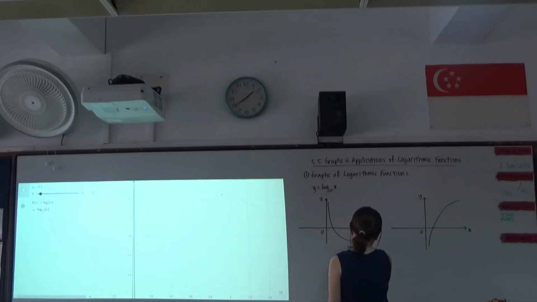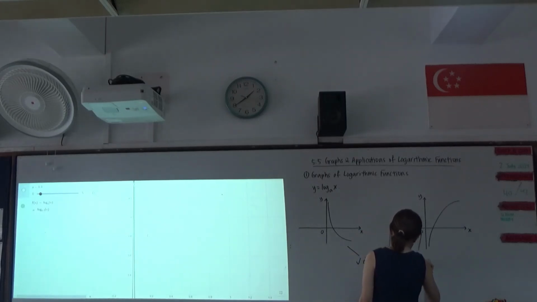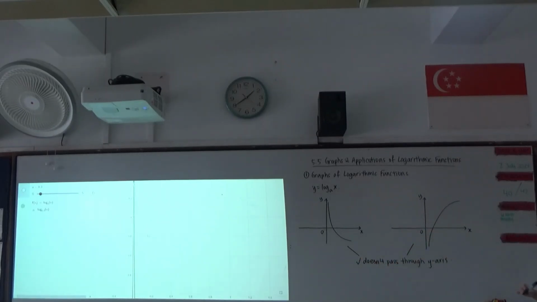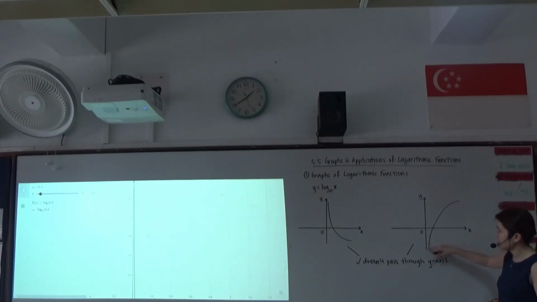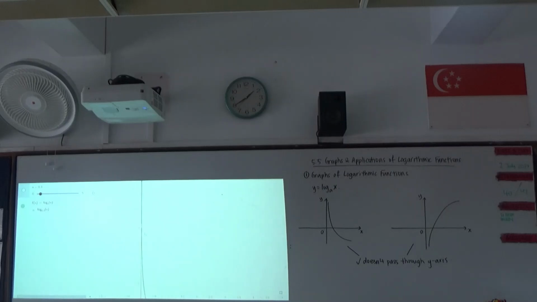I'll just write. So it doesn't pass through the y-axis. So we have to be very careful when we are going to sketch our graph. It needs to look like it is approaching the axis, okay, the y-axis, but it never touches it. Okay? So if I were to go back to my original size, here,